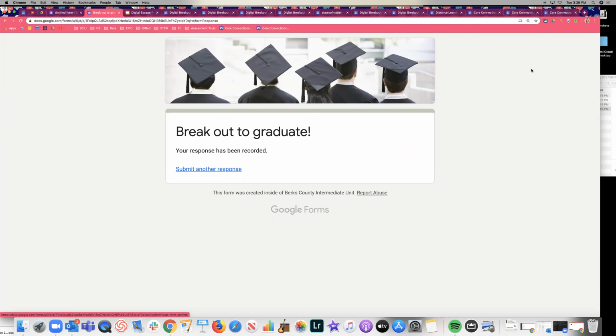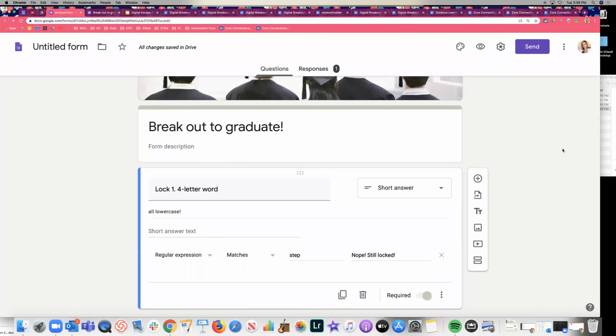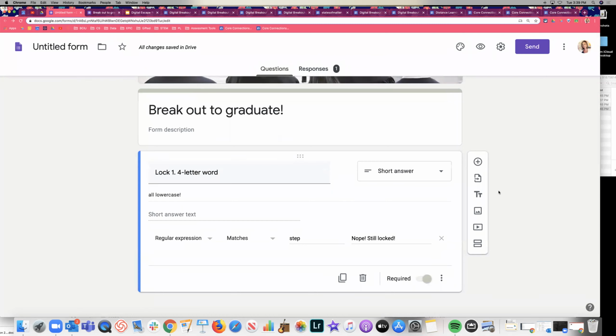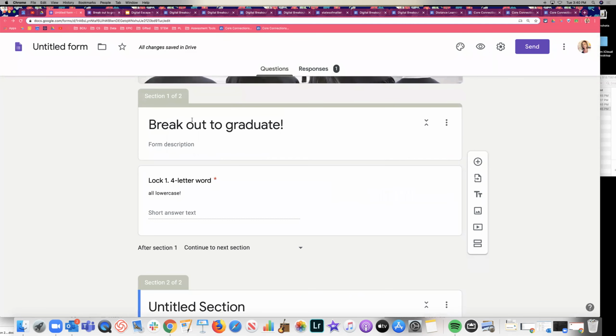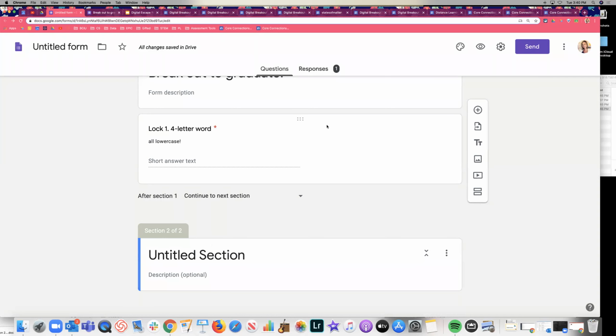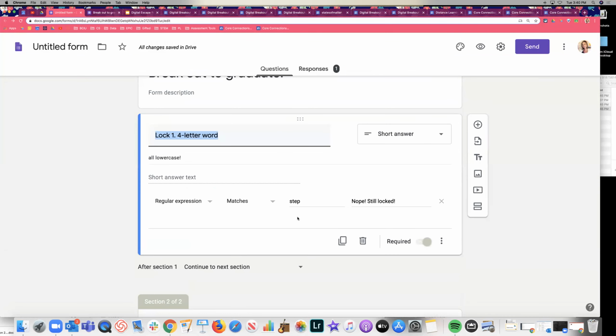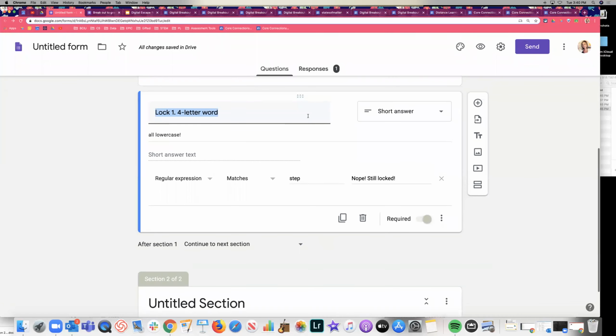Yay, I did it. Now what you can do too is you can do the sections. So let's talk about that. The sections are not often used by a lot of people just making regular old quizzes or tickets out the door, but that's what this last piece is in the toolbar here for Google Forms. So if I click Add Section, it's going to keep what I had and make that section 1, and add an additional section here. Now I can duplicate this whole question so I don't have to recreate the wheel by using this button. So I'm just going to duplicate, and I can drag and drop